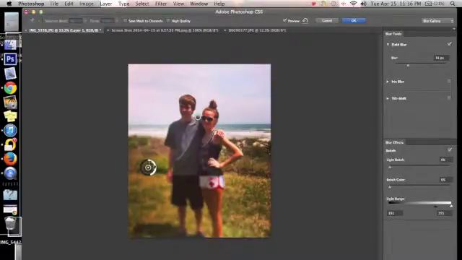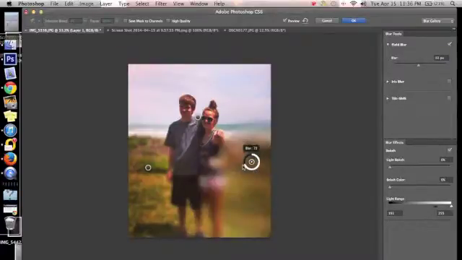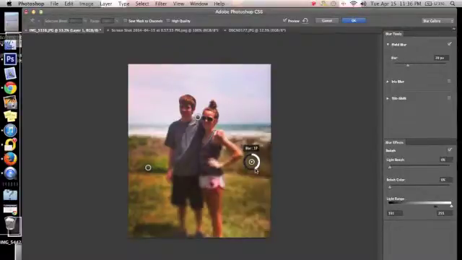I'm going to move it up a little bit, and then I'm going to add another pin over here so the blur over here is even as it is over here. But what I'm going to have to do is come over here and type it in to make it even. That way they're not uneven, because if this number is a lot bigger than the other one, then it's going to be really off and not look good at all. So I'm going to come back over here and type in 18 again, which is going to give me the same amount of blur down here on the bottom, and it's going to keep our faces